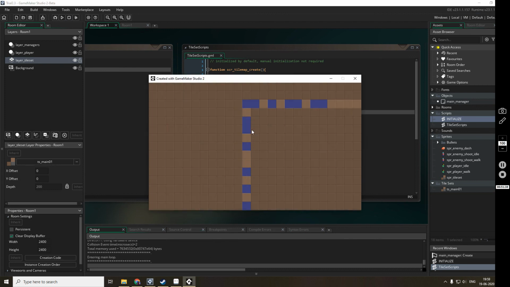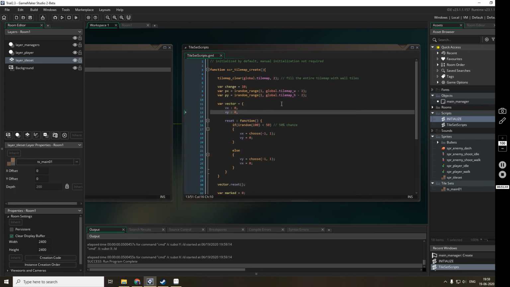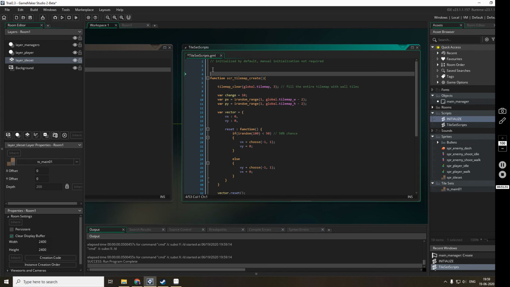Yes, so we got something, but it is marking 0 and 1 and 2. So basically this is 3. This should be 3. What I'll do is global dot wall is equal to 3. Yes, global dot wall is equal to 3. I'll just remember that.